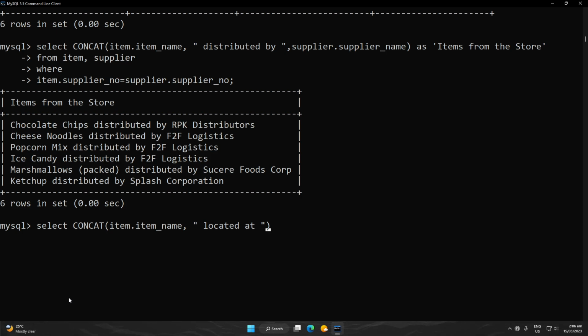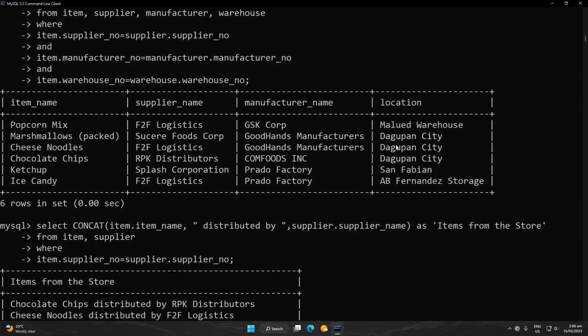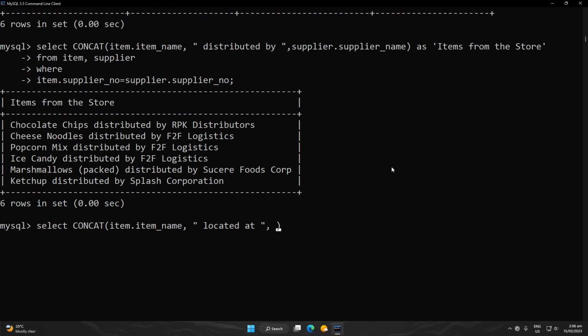Okay, so that is the delimiter for the concatenated text. So item name located at, and then it will retrieve the location from the table warehouse. So we're coming from the warehouse table, we'll retrieve the location. Okay, and then comma, item name located at, location, and then distributed